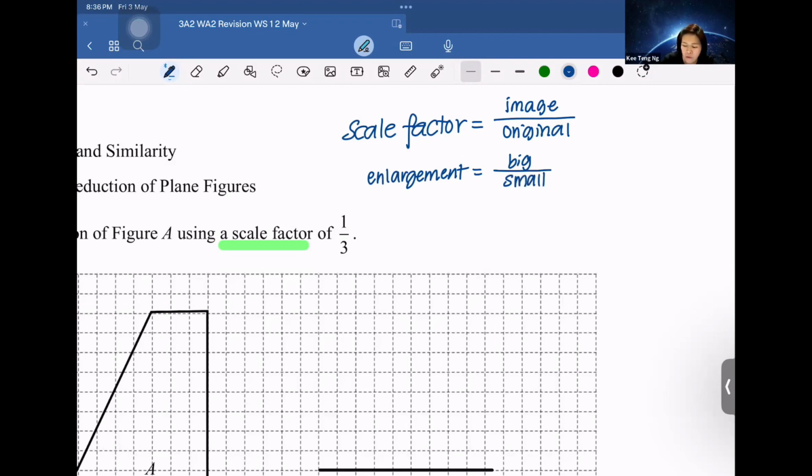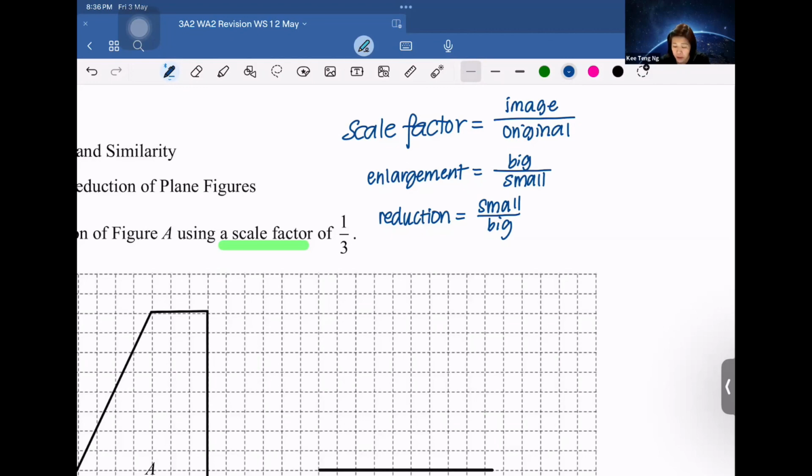If I were to have a reduction, the image is usually the smaller one. So in this case, the original will be the bigger one. So then I will have the small over big. Okay, so these are some of the things that you have to remember in general to